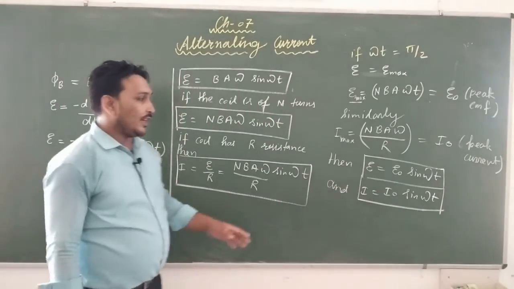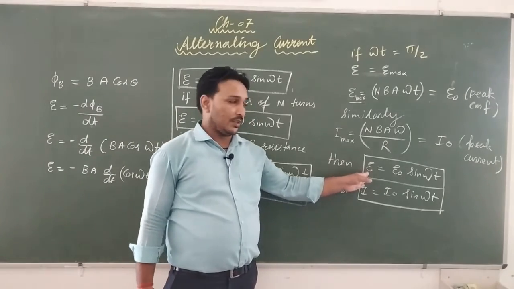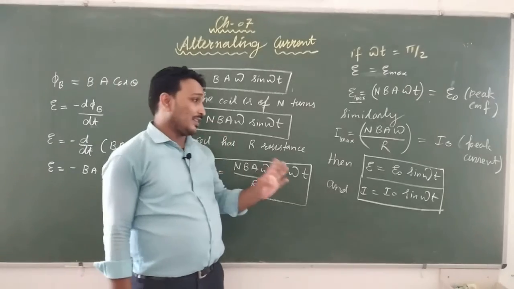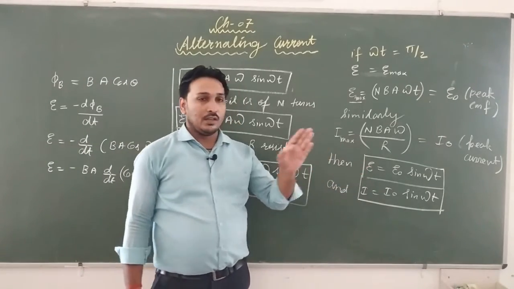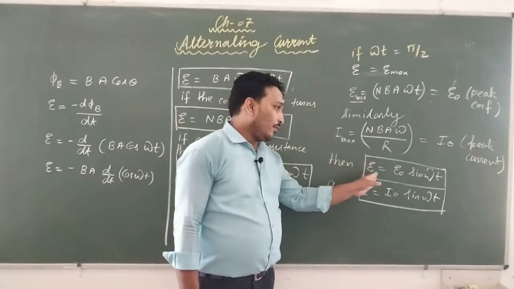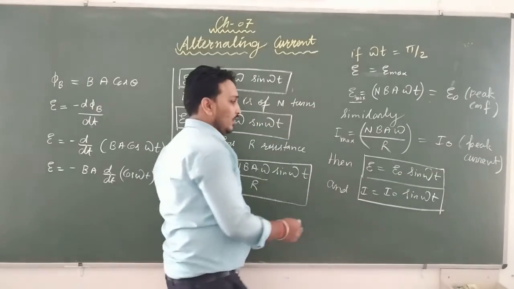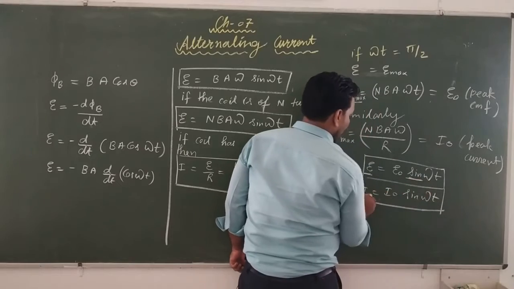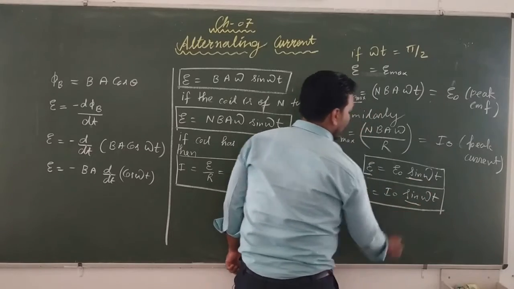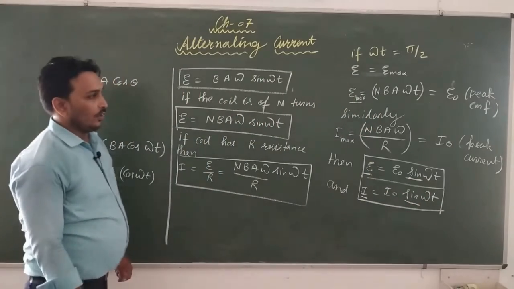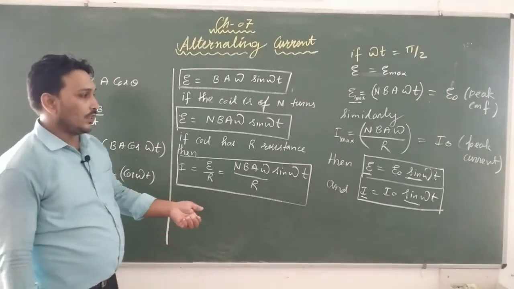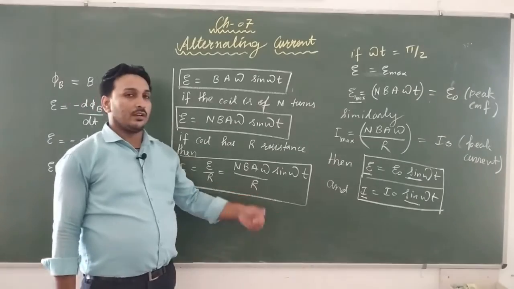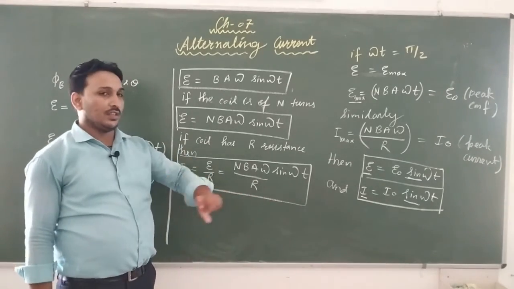Okay, this is a different kind of EMF from what we have been studying in so many chapters. EMF starts right from chapter number 3 till the last chapter. So it is a different kind of EMF. Why is it so? Because this EMF is a function of sine. Current is a function of sine. So it is something different. It is not what we studied in chapter number 6, and it is not there in chapter number 3. There it was all about direct current. The direction of current is always the same.